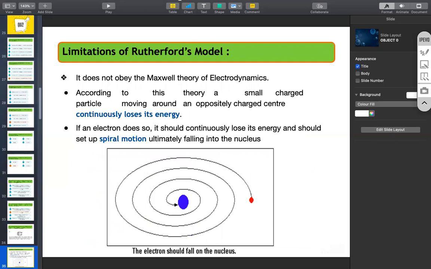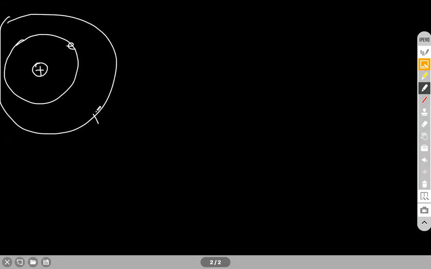So this is the limitation of the Rutherford model. Now, what Rutherford said, the Rutherford model says that electrons revolve around a nucleus. That's it. He said the electron is not static like what Thomson said. He said the electron will revolve around the nucleus. That is the Rutherford model. He said the proton is there at the center, the electron is revolving around this, and let's say this is the entire big atom.